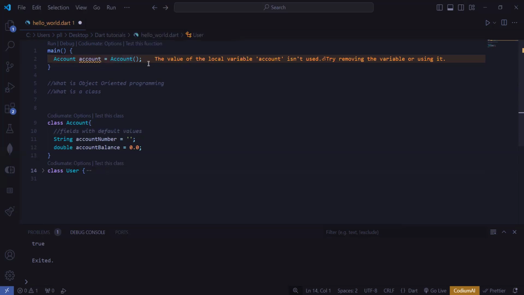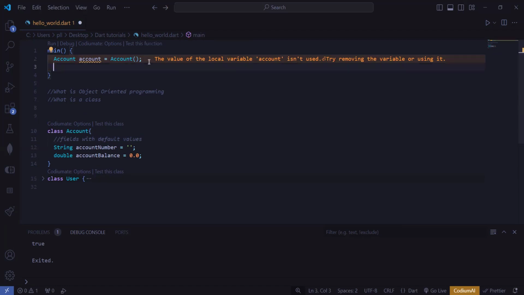Another thing I want to point out is that other programming languages use the new keyword. It's also valid here, but it is optional. I don't need to. It is optional and it works very well, and this is amazing. So if I now want to assign or reassign a value to this particular account object, because I've given it a default value already, I can now say account